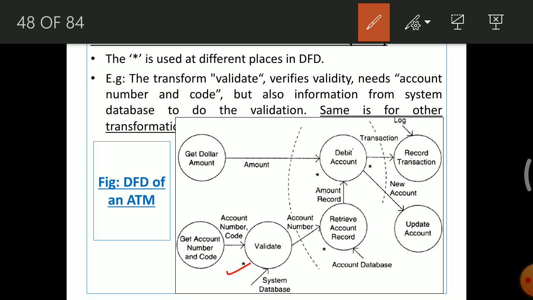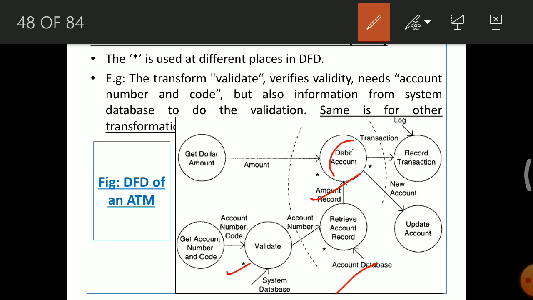And once this valid account number is forwarded, this will be given as input to retrieve account record. So from this valid account number, now the account record will be retrieved from the account database, this one, and from this the amount record will also be given as input.